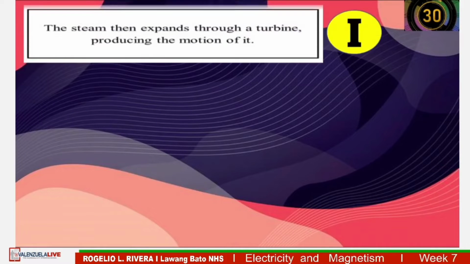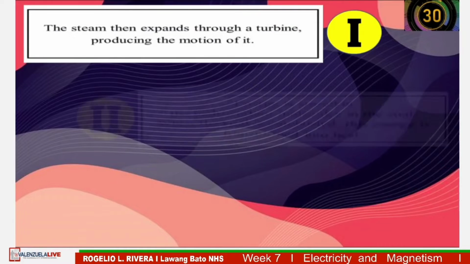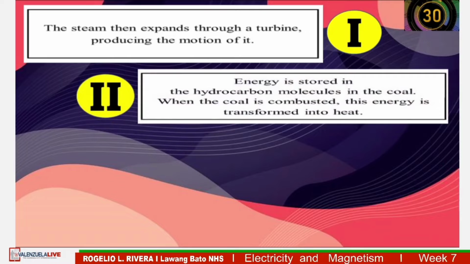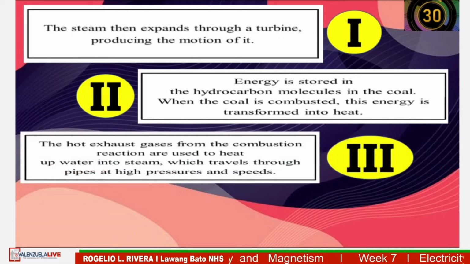Number 1. The steam then expands through a turbine, producing the motion of it. Statement number 2. Energy is stored in the hydrocarbon molecules in the coal. When the coal is combusted, this energy is transformed into heat. Statement number 3. The hot exhaust gases from the combustion reaction are used to heat up water into steam, which travels through pipes at high pressures and speeds. And statement number